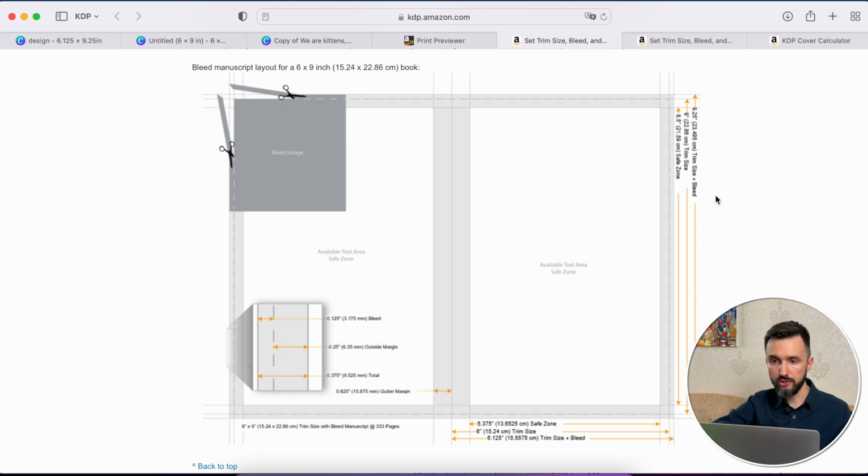First, we need to understand that there are the front cover, spine dimensions, and back cover. Then we need to add some trim size at the top, right and bottom. The dimensions depend on how many pages we want to create. On the Amazon help page you will see this example. It shows us what the trim size is and other dimensions we need to understand. If you wanna learn more, I will leave the link below this video.